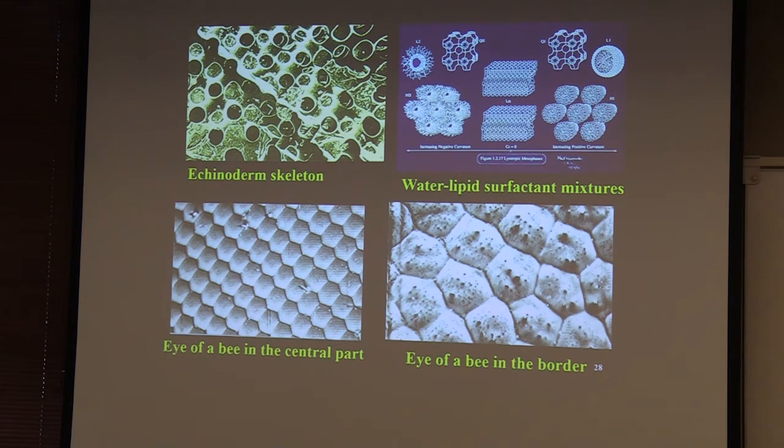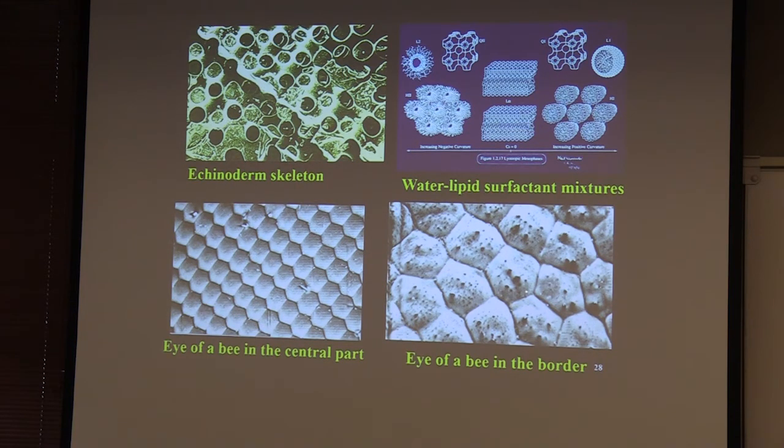And you will find that the center of the eye of the insect is made of hexagons. Almost perfect hexagons. And you know that with hexagons you can fill the plane, right? So up to infinity. However, the eyes of the insect are not infinite. They just have small eyes, right? So if you look at the edges or the ends of the eye of the insect, you will see that not all are hexagons, but